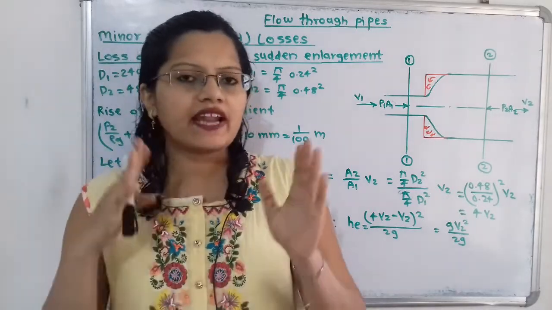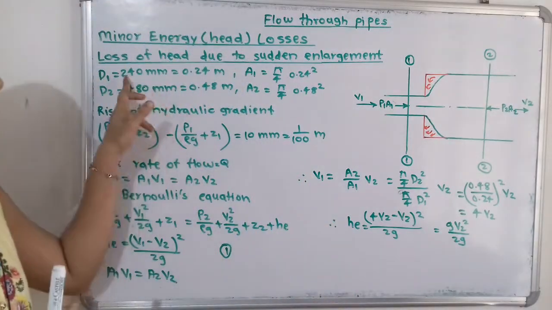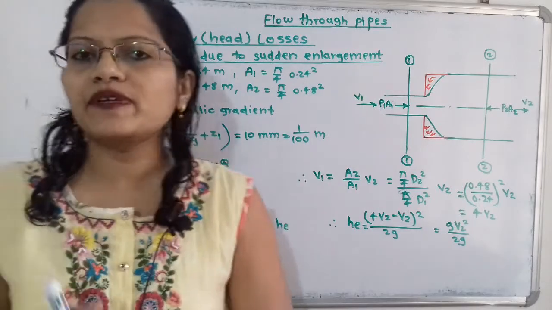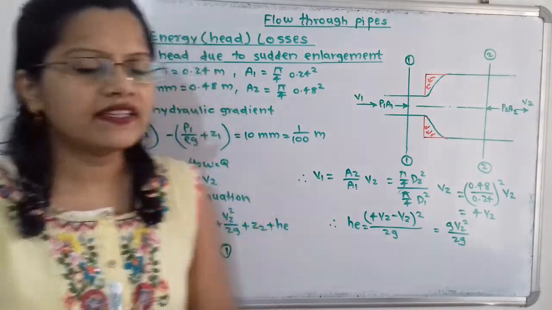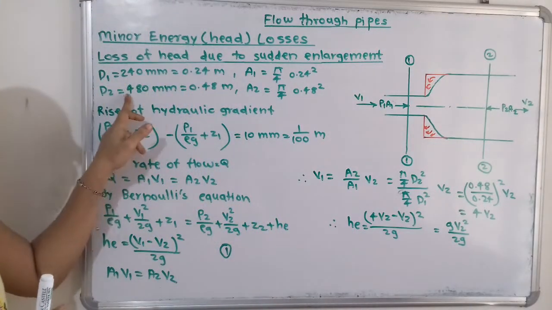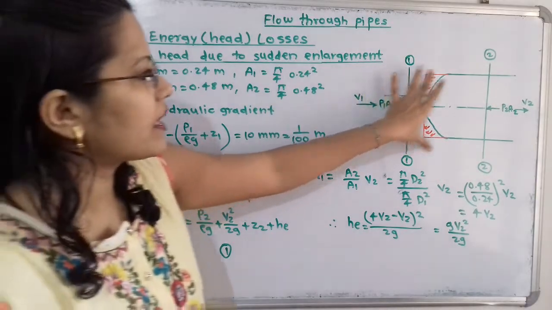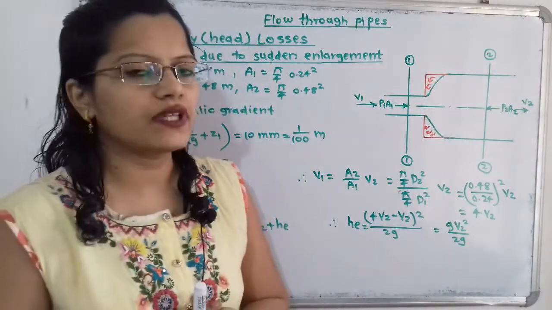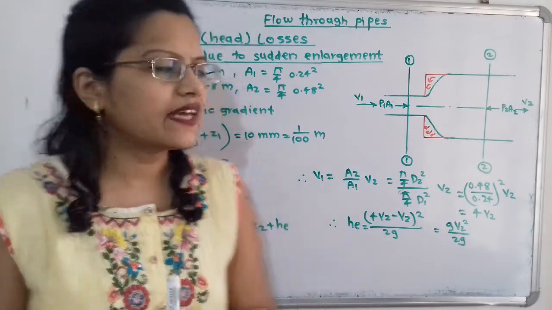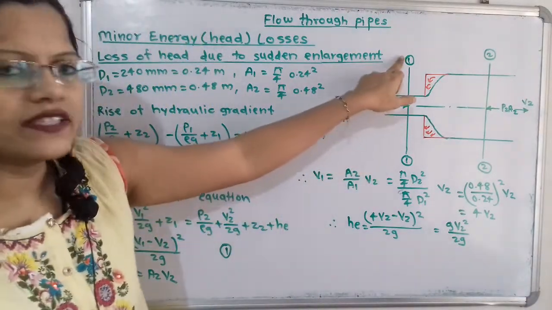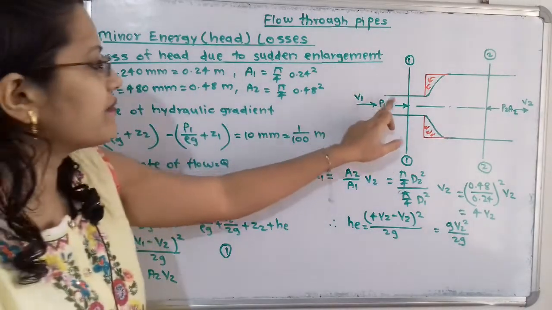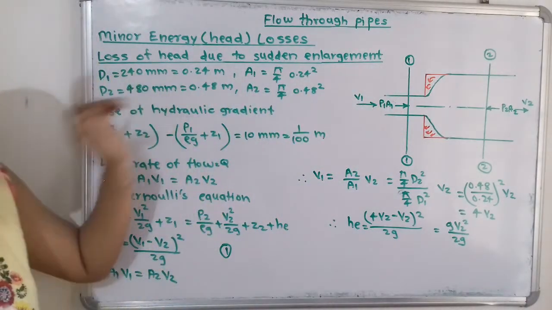Now it is given that initially the diameter of the pipe is 240 mm. So we have to show here the pipe with small cross section, and then it is getting enlarged to 480 mm. So again we have to show the pipe of diameter 480 mm. So we can say that at inlet there is section 1 having diameter D1 equal to 240 mm,